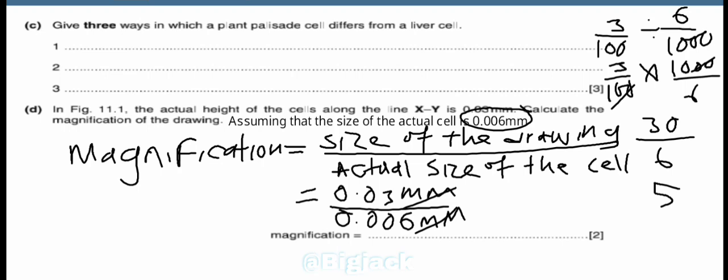Now, since here we are calculating the magnification, by definition, magnification is the number of times the cell has been magnified. So usually magnification doesn't have the units, but we include x to represent the number of times the cell has been magnified. You can include the x in front of the number or at the end of the number. So we are just going to say magnification is equal to